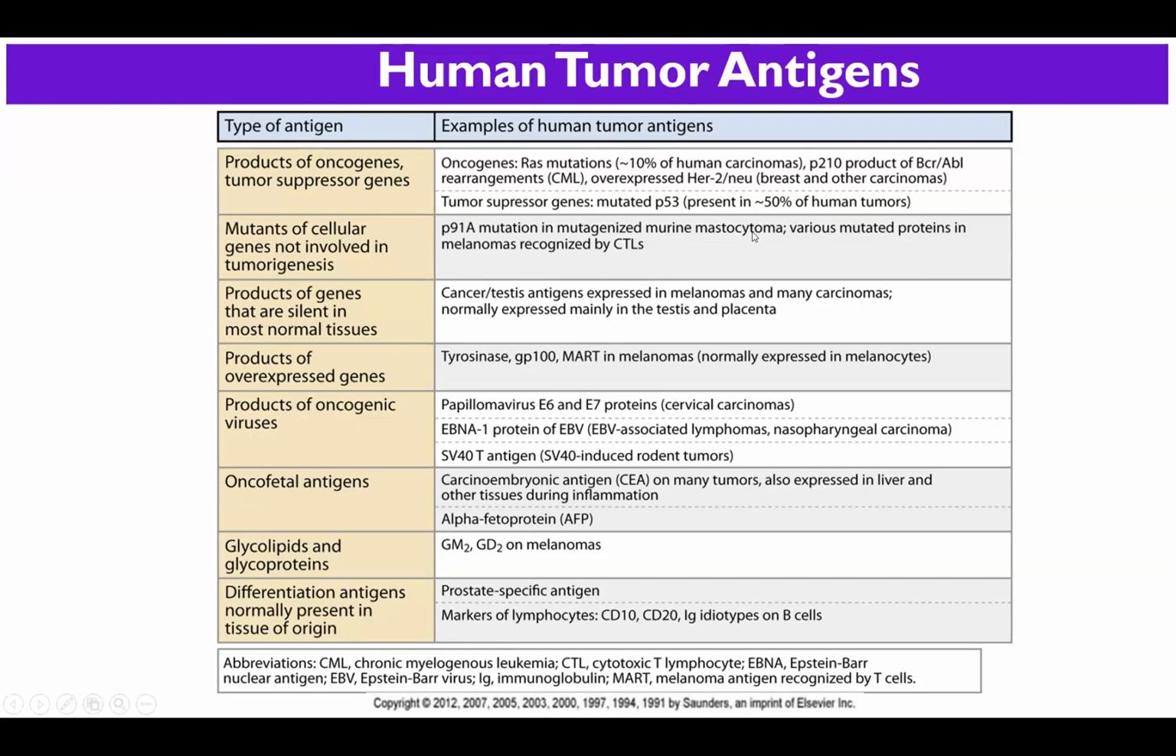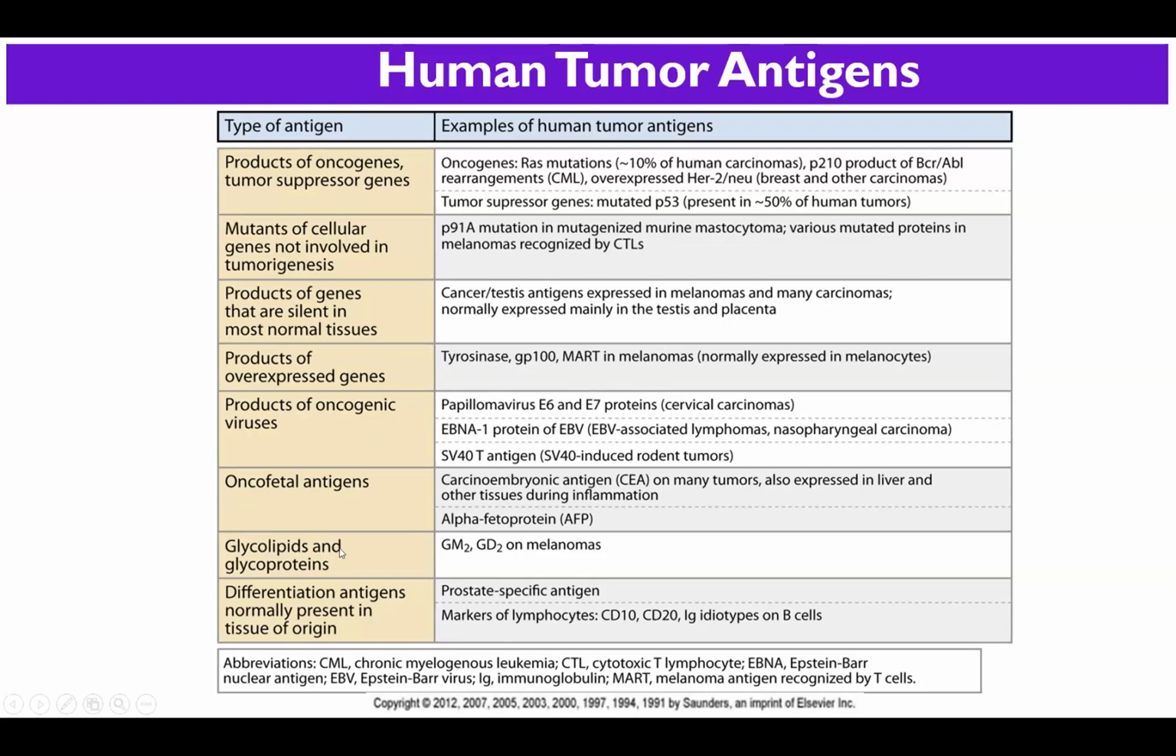And I just wanted to look at a few here, like products of genes that are silent in most living tissues, like what happens with cancer testis antigens, which are expressed in melanoma and carcinoma cells that arise in these tissues. So I also wanted to focus on a few more important examples here that you can relate to, instead of dwelling on a majority